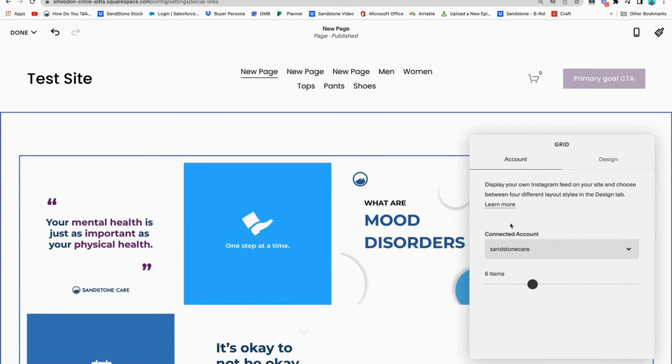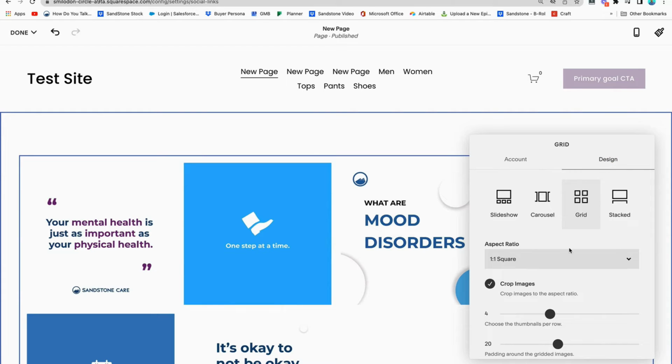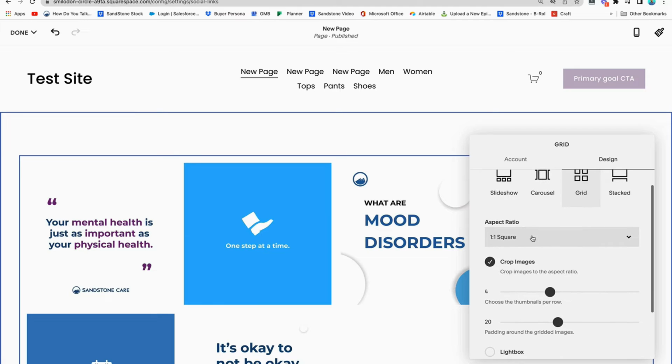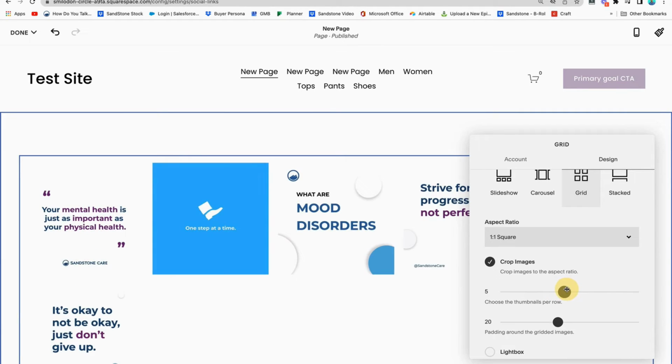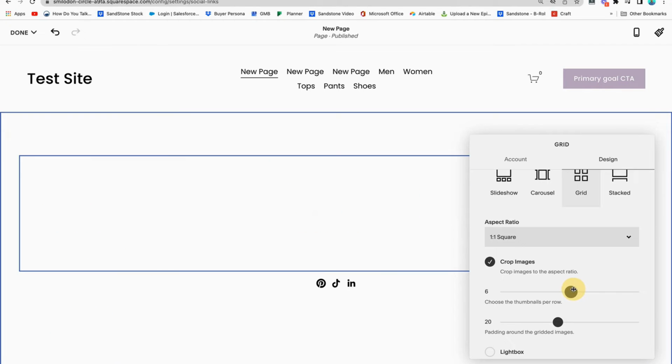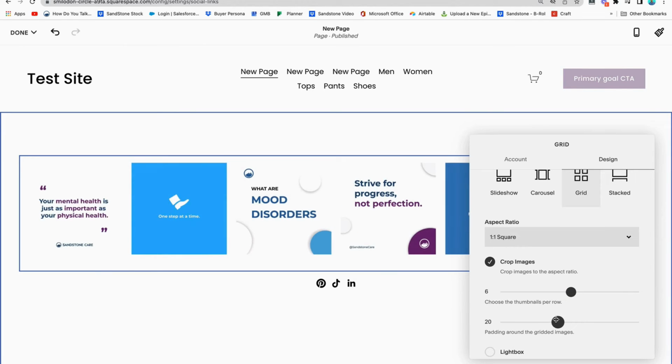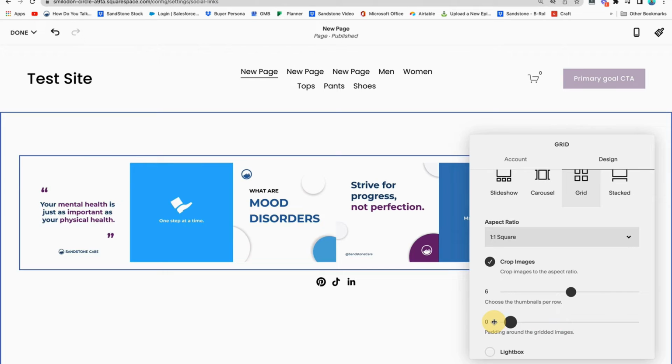And then I can kind of make this different by clicking the Design tab. So when I click the Design tab, I have a few options. Slideshow, carousel, stacked. Usually people are going to display this in a grid because Instagram's usually shown in a grid. People like to make their grids look pretty. I can show how many I want per row. So maybe I want 6, so it's all on one row and it's going to look nice. And I can also choose how I want the padding on this. So if I want less padding and I want them to be kind of like right next to each other,